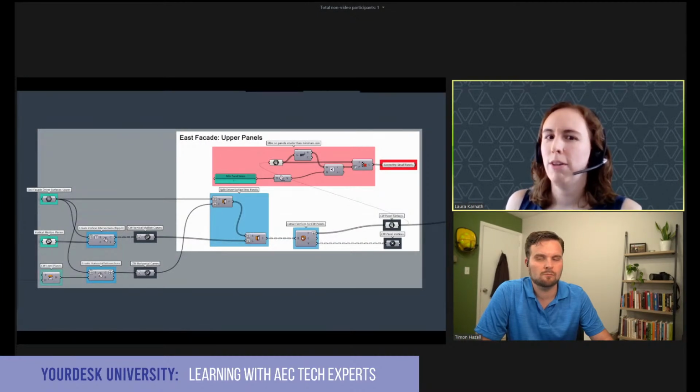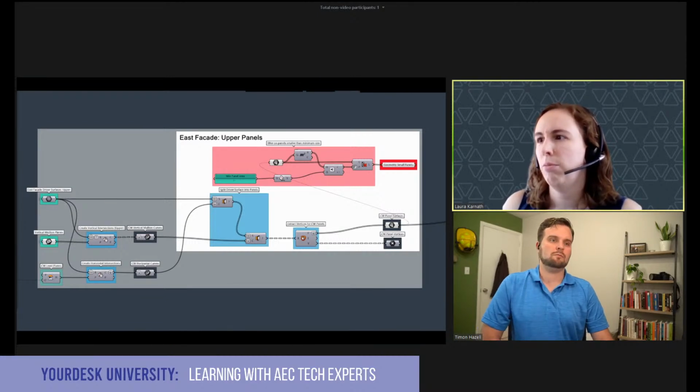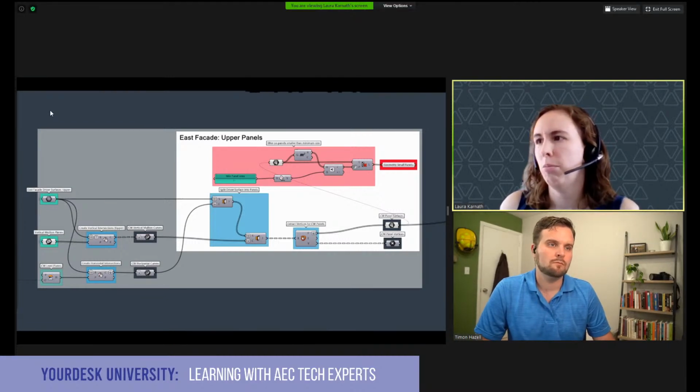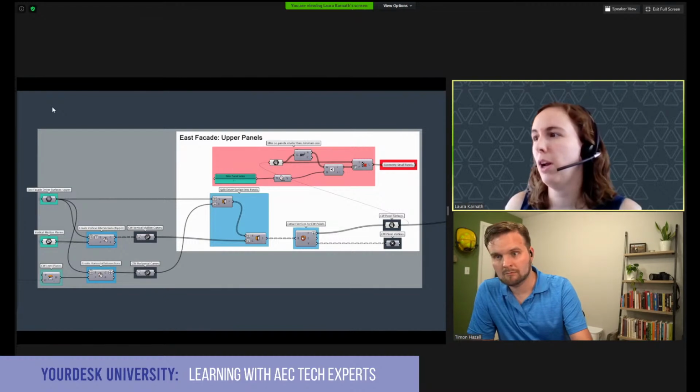So instead of the crazy spaghetti definition, and this helps with both sharing and with teaching people, I've labeled every single thing in here and I've given this to someone on my team as a template. This one is for just a more simple curtain wall. You can see that component in blue in the middle of the screen. It's a surface being split with a curve, but I've added detail to say what the surface is that I'm splitting and why I'm splitting it up.